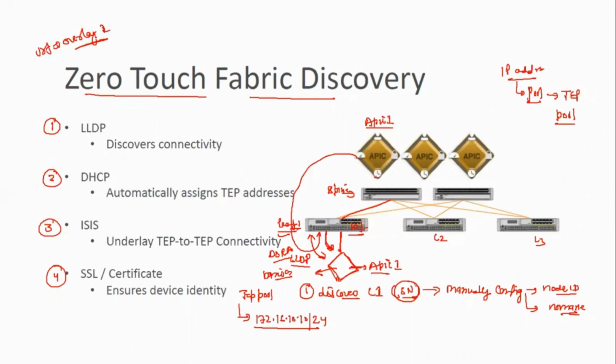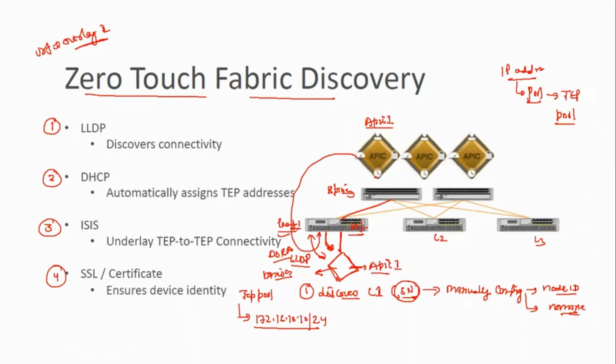So what will be your first step? First step: connect the physical connectivity, power on the leaf and spine, and connect the epic controller on one of the leaf. Take the console of the epic and configure it. As soon as you take the console, just like a router, it asks if you want to go to the basic configuration. You will say yes. It will ask your username, password, TEP IP, TEP VLAN, outbound IP address, gateway, management pool, everything. You just put it in and save it.